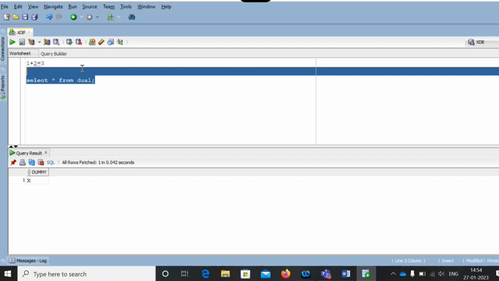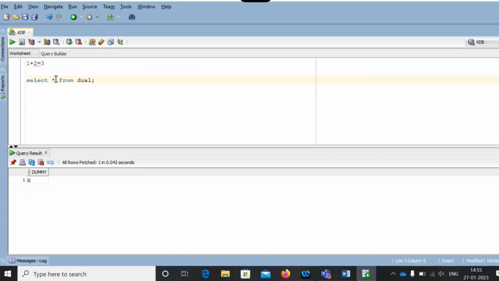You need to execute it in a select statement. It may be a calculation, or a function call, like length of column name or substring of column name. These functions you execute in a select statement.